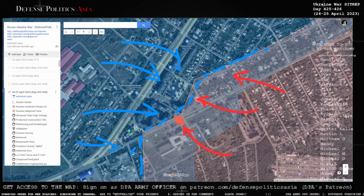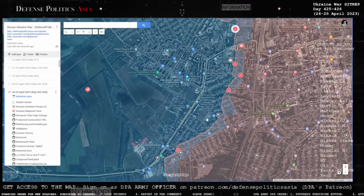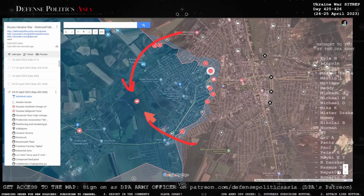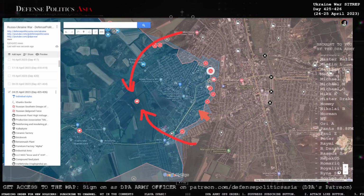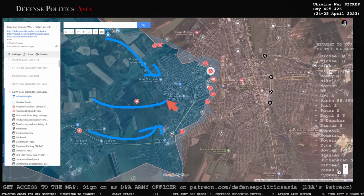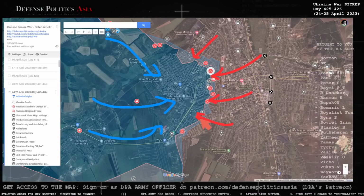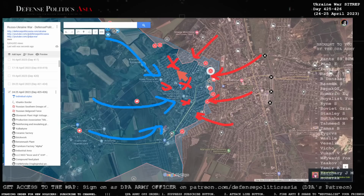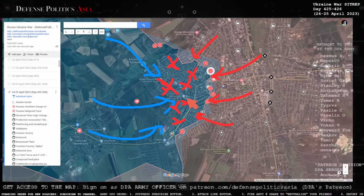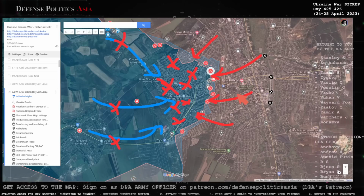But the Russian push here might be pretty limited, because it doesn't feel like it's the Russians' objective to encircle, to close the pincer. It doesn't feel like that's the objective. It feels like the objective is to draw even more Ukrainian forces into Bakhmut, while the Russian forces have their momentum going with them, so that they can actually take out more Ukrainian forces in this very uncomfortable place for the Ukrainian forces, and they can also take out any reinforcement as they go into Bakhmut itself,